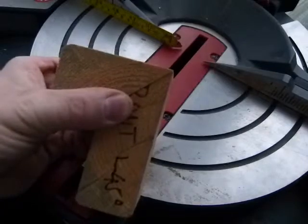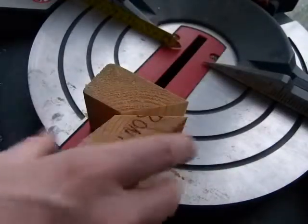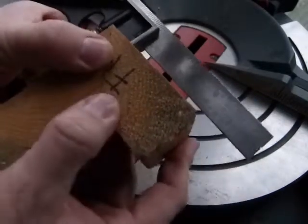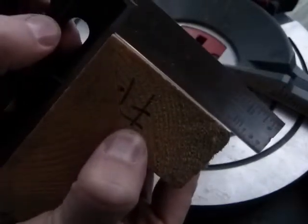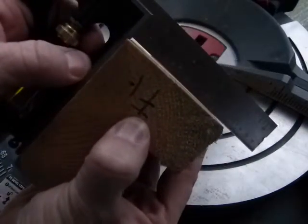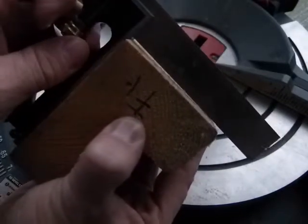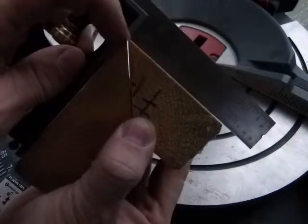And that square corner can be easily checked by this combination square, something like that. And let's see what we've got here. Do we really have a 90-degree corner here? Let's see. I say we don't. It's out. The stock of the square here in my left hand is tight against the block of wood, and when I try to close the gap, I can't. There's a little bit of light showing through here. It's not possible. When I make that little light disappear here, I just open the gap here